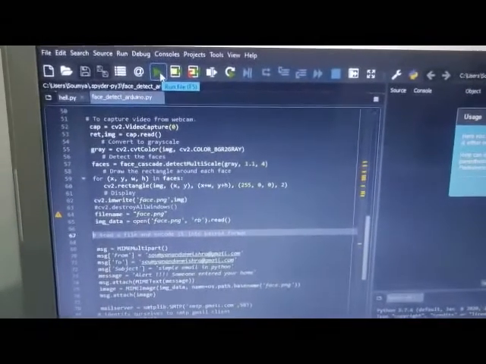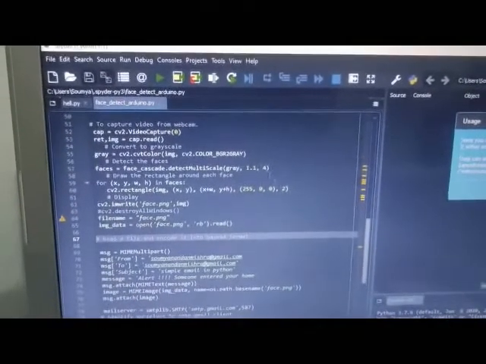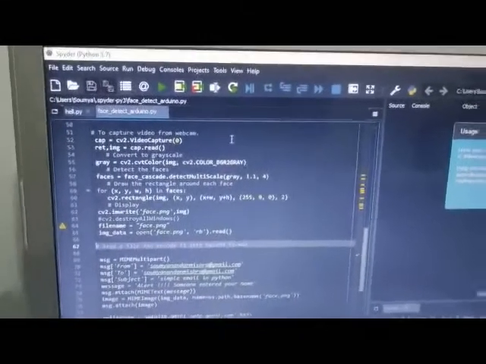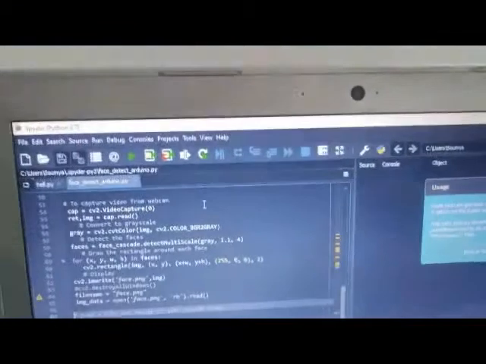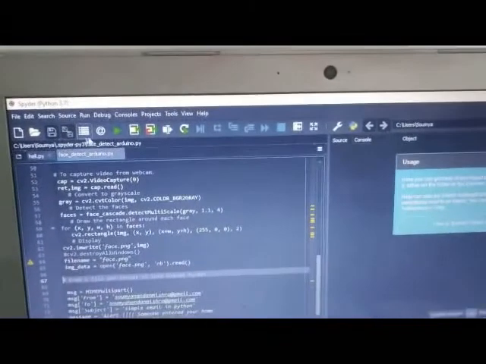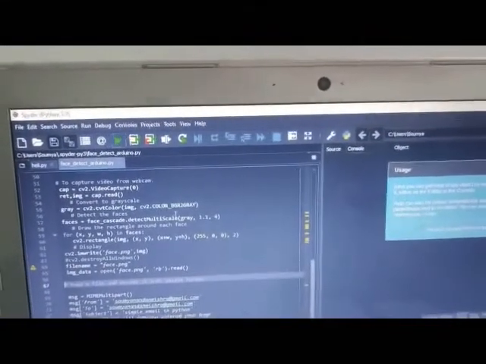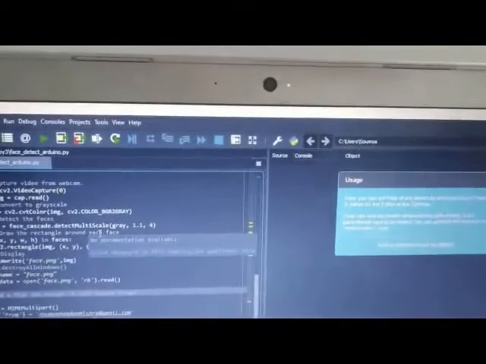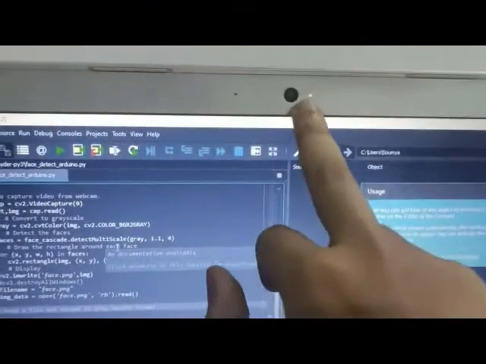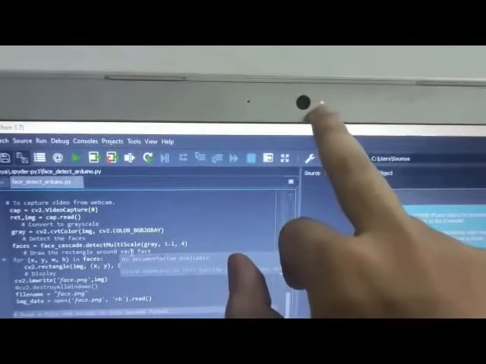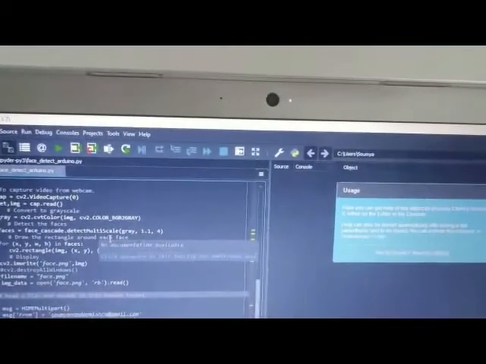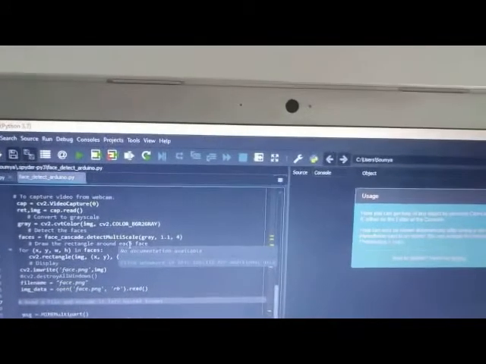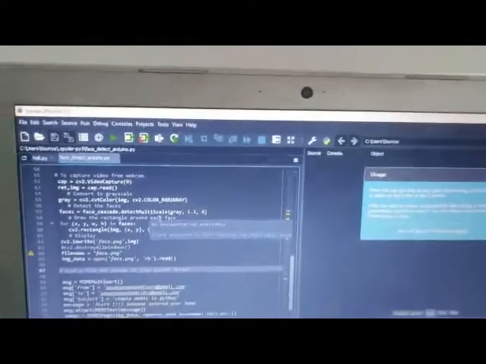Whenever the PIR sensor detects any motion, it will capture the image through the laptop webcam. Here you can see it is blinking, which means the PIR motion has been sensed and now it has captured the image, and it will be sent to your mobile phone through email.